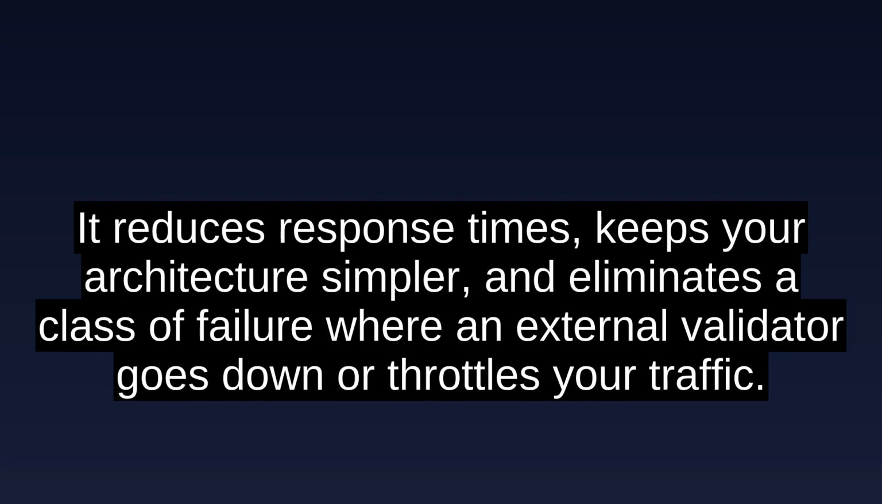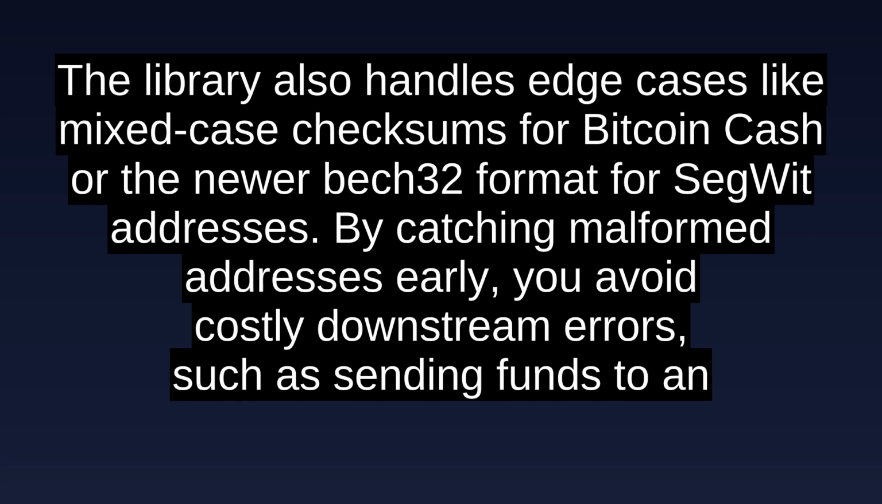It reduces response times, keeps your architecture simpler, and eliminates a class of failure where an external validator goes down or throttles your traffic. The library also handles edge cases like mixed-case checksums for Bitcoin Cash or the newer Bech32 format for SegWit addresses. By catching malformed addresses early, you avoid costly downstream errors, such as sending funds to an